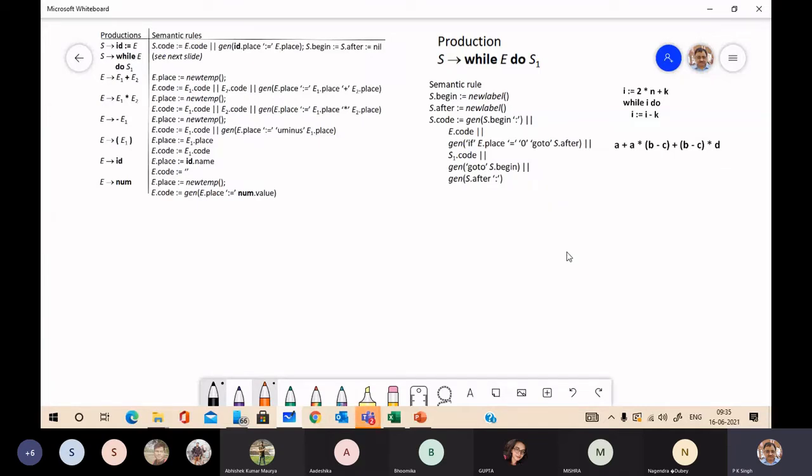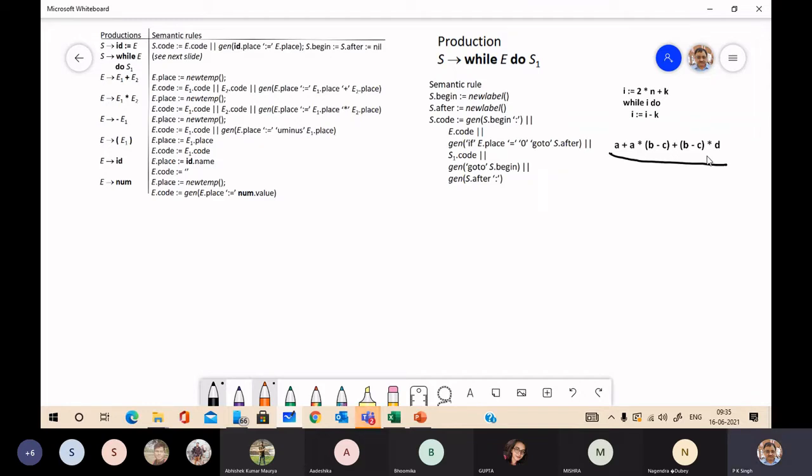You have to recall the parsing, generation of syntactic structure. Suppose you have this expression.